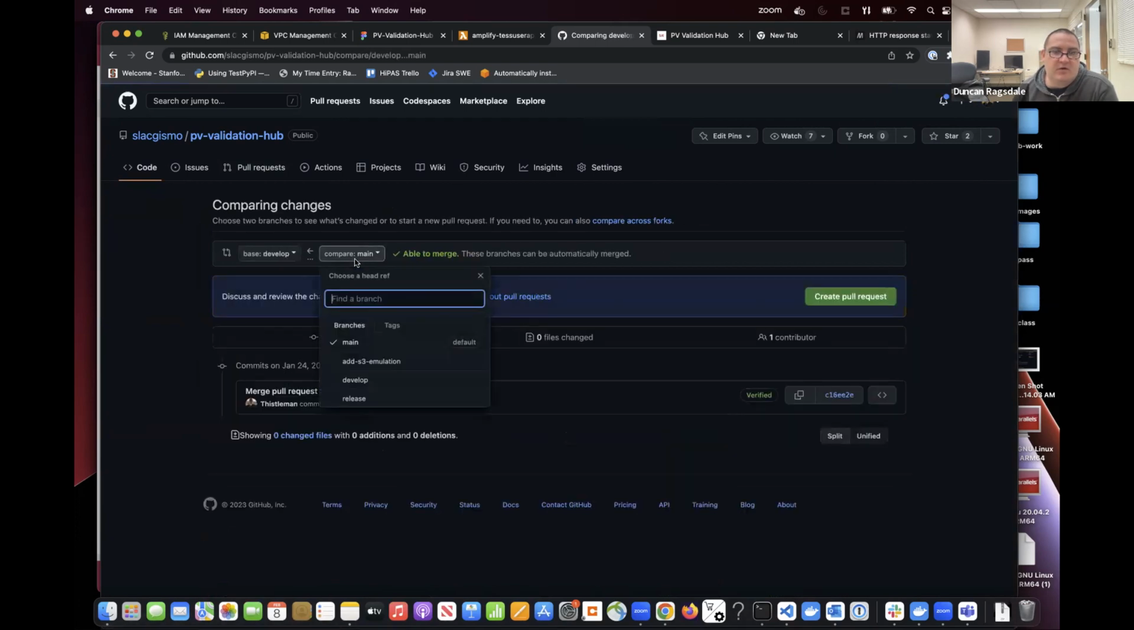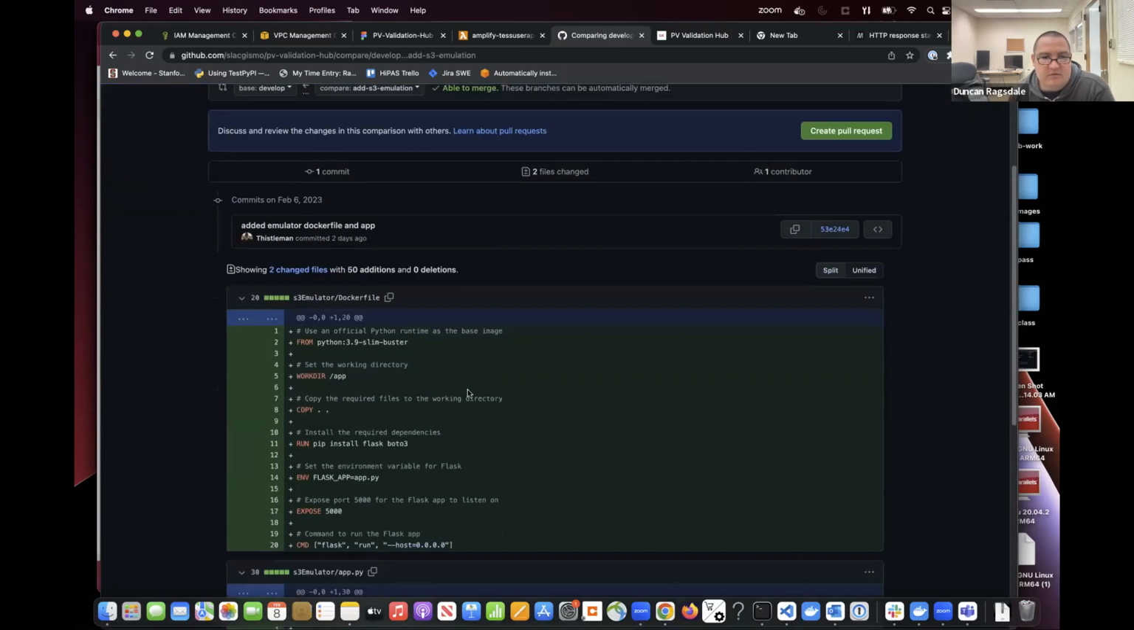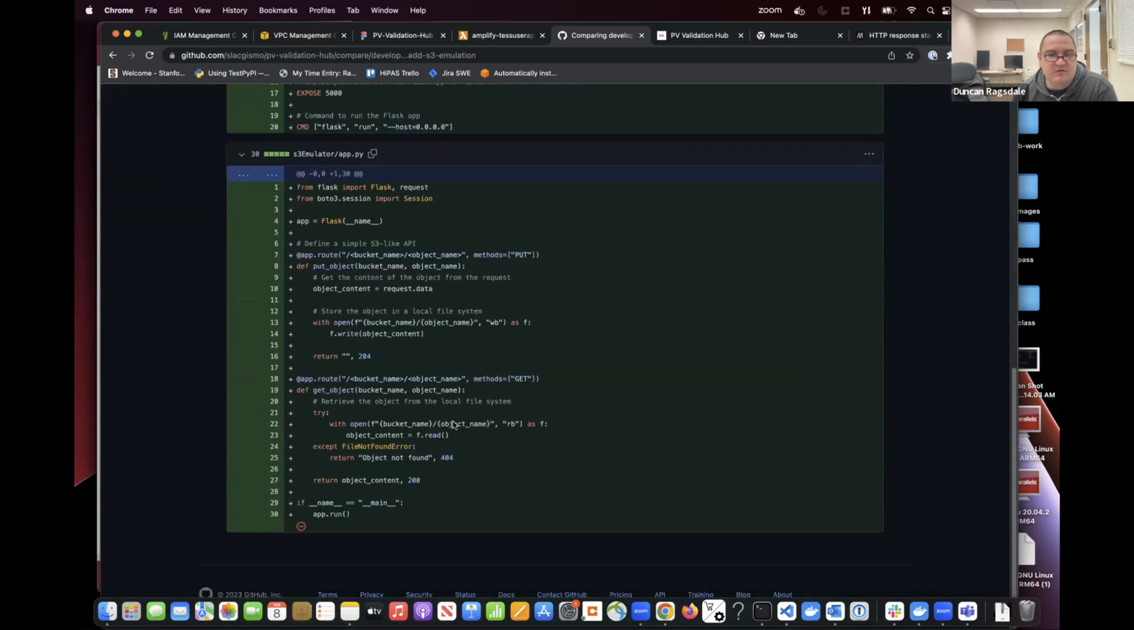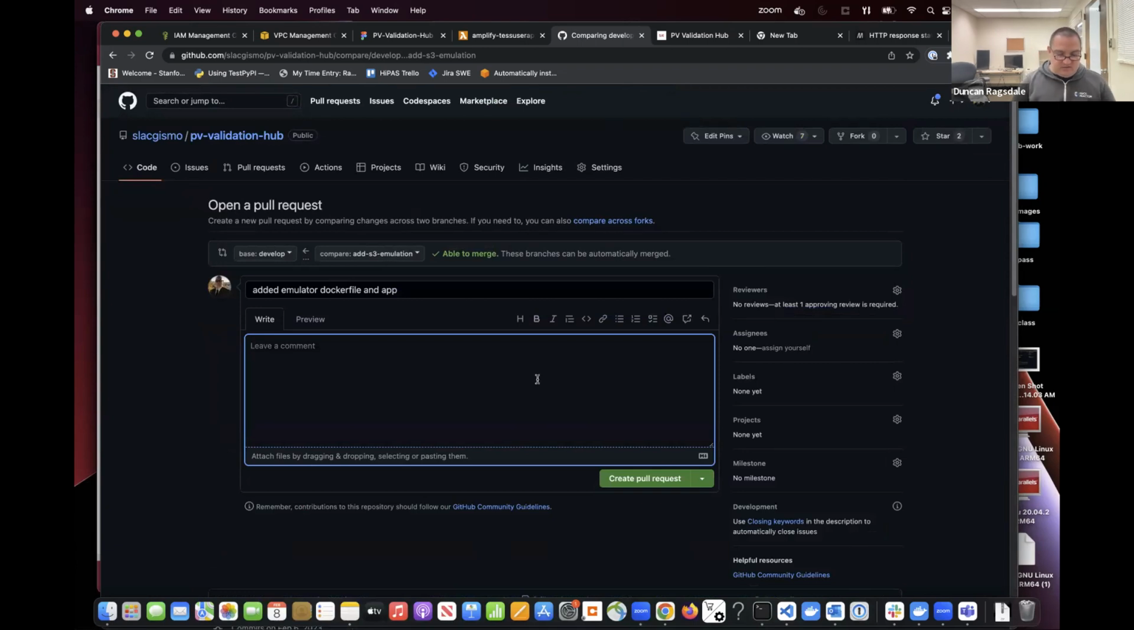We're going to be going from S3 emulation into develop. So you can see I've got two changed files with 50 additions and 0 deletions. And I can create our pull request. Generally, I like to leave good comments on what you're doing,